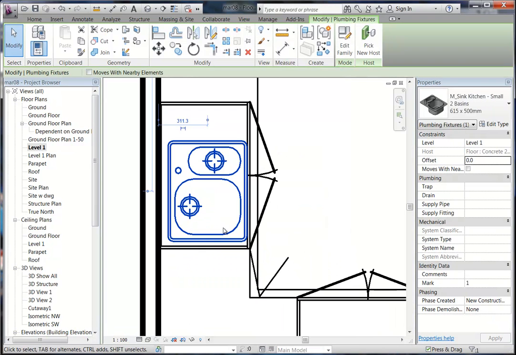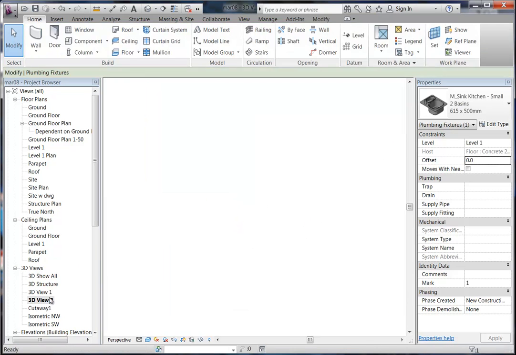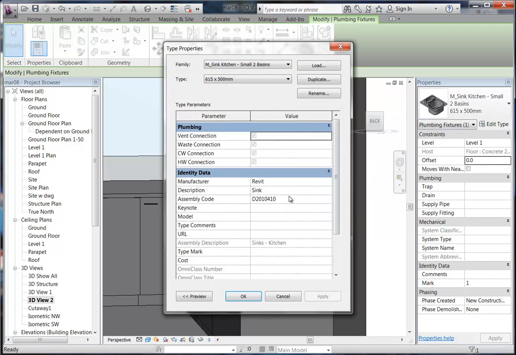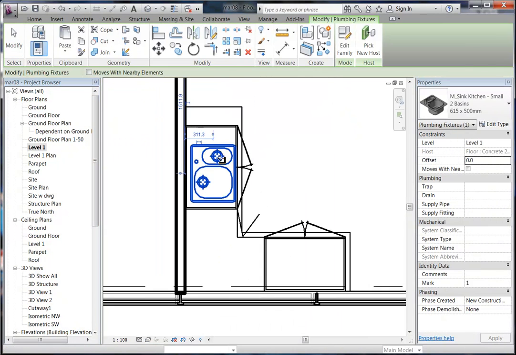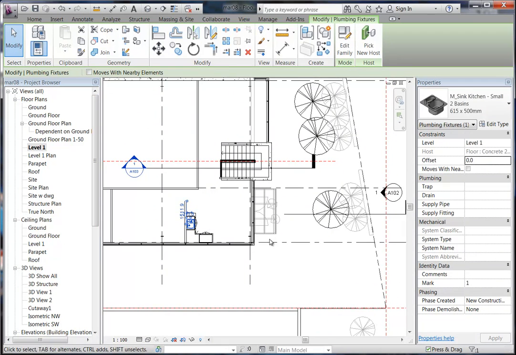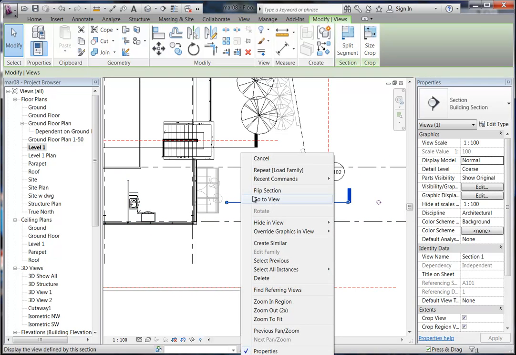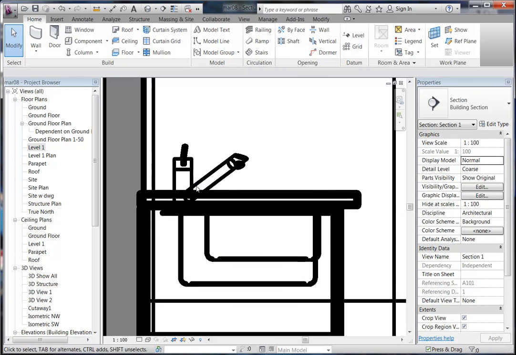Okay, that's much better. Awesome. So in the 3D view, now you can see it's not at the right height. So again, it just comes down to the person who's made it, and they probably haven't put in a variable or a parameter for the height. So there, I need to look at it in section, and my section view is just missing it, so I might just nudge that down and then go to that view, and so I can see there with thin lines on